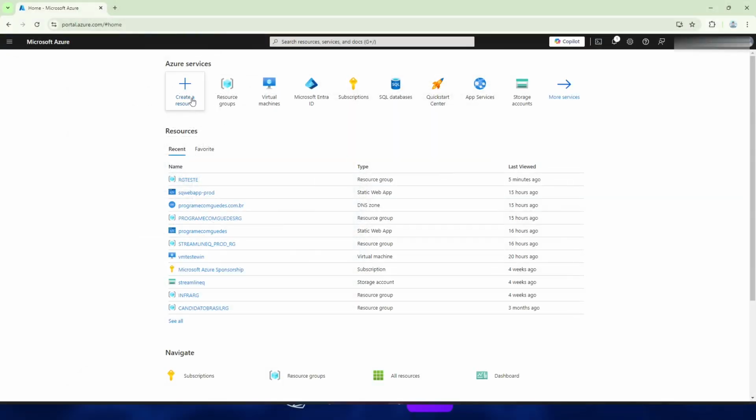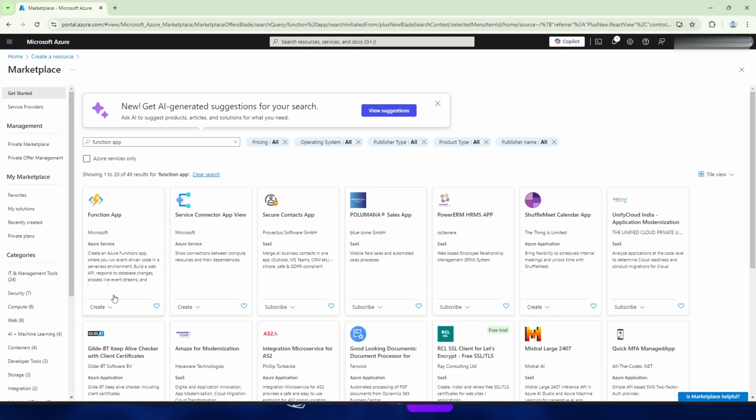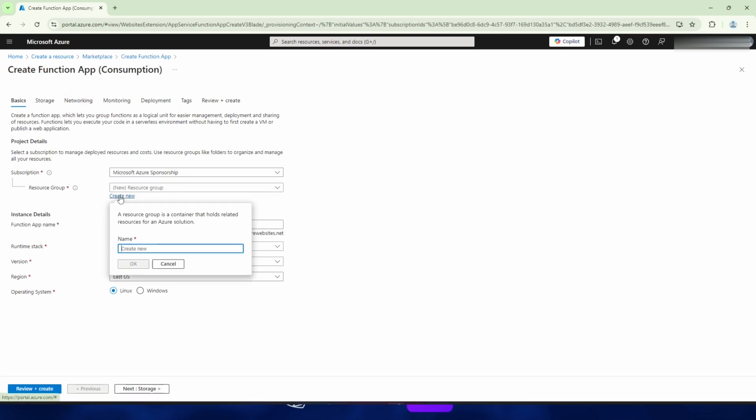Since we have our project working on the local machine, we'll publish it to the Azure portal. Click Create a resource and search for Function App. Choose this and click Create, then click the Function App option. In the resource group, click Create New or select one that you created.